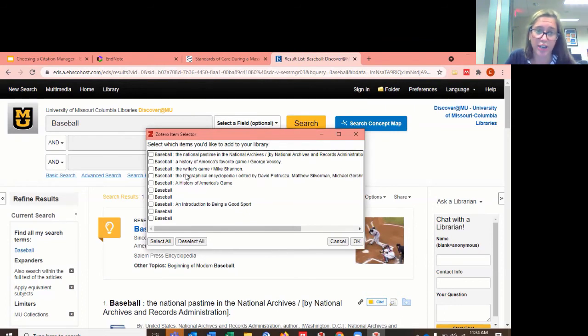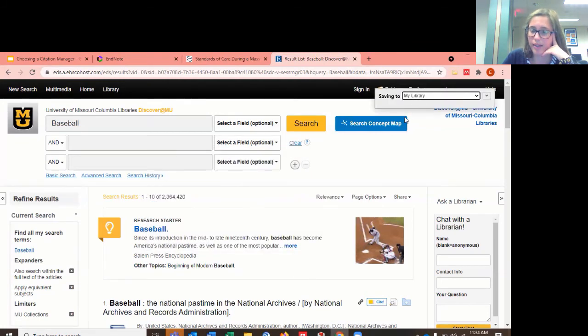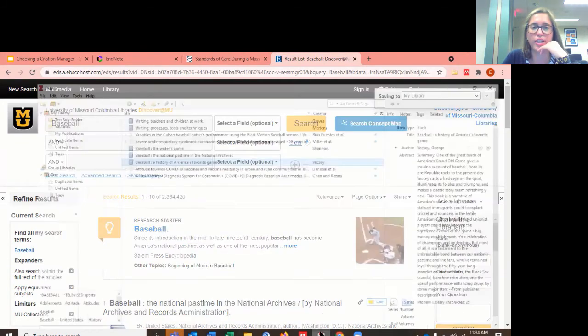As you can see, some of these were already in my references, but I can save whichever ones I want, and it'll automatically sync to my Zotero that's open, and it'll put them all in there. Now, I'll just hit OK, and then it'll be saving to my library. The only drawback for this